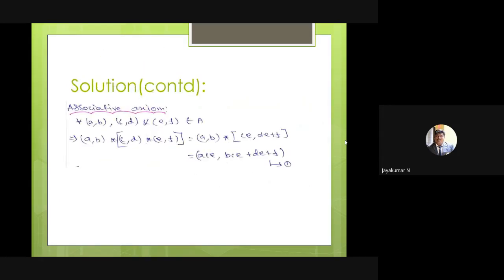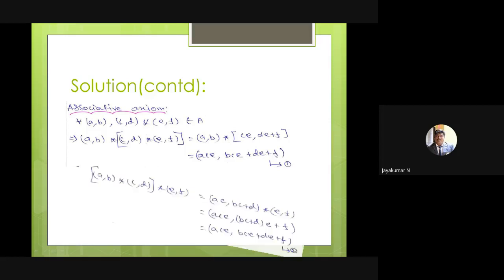The associative axiom is easy for you. In a similar way, I choose three elements in A. First apply the operation for the second and third elements, that means (C, E), (D, E plus F). Then the x coordinate times the x coordinate gives ACE, and the y coordinate of the first element times the x coordinate of the second element gives BCE, plus the y coordinate of the second element, DE plus F. This is equation number 1.